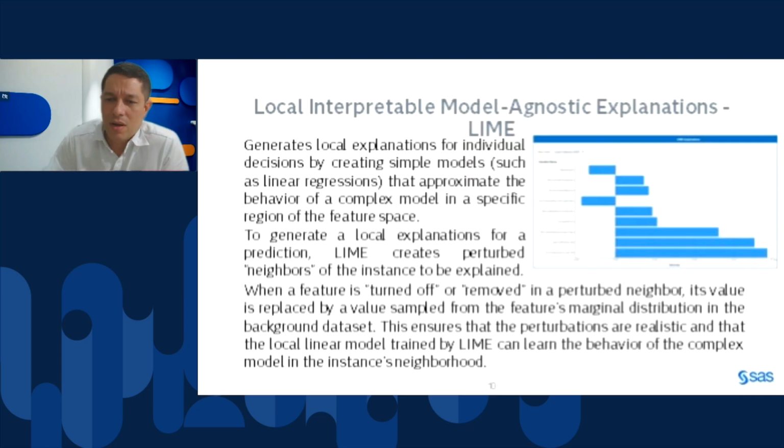This is very okay. But what are these bars? These bars represent the value of the coefficients of each variable. Then this is a linear regression model in the neighborhood of this instance. Okay, but how is this model generated?